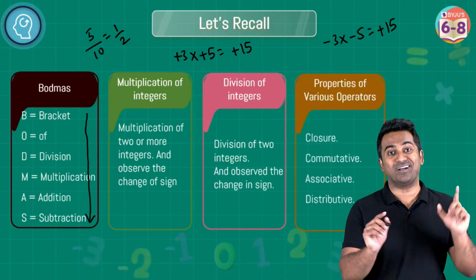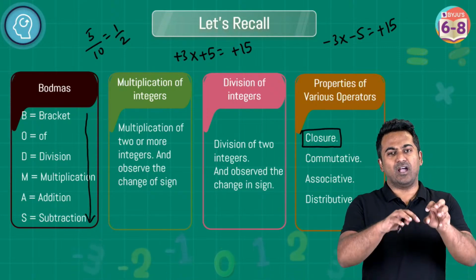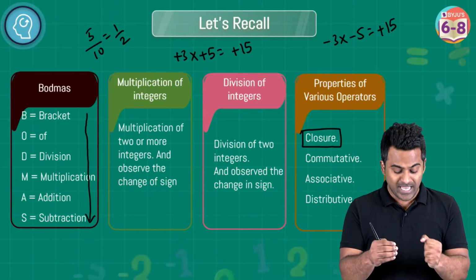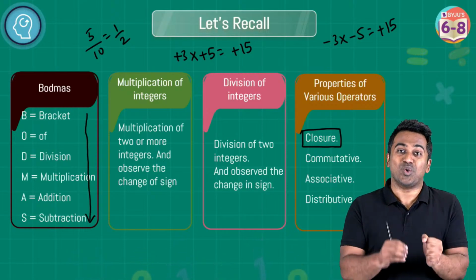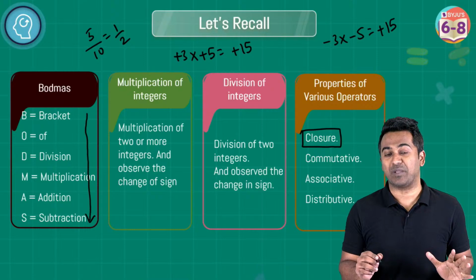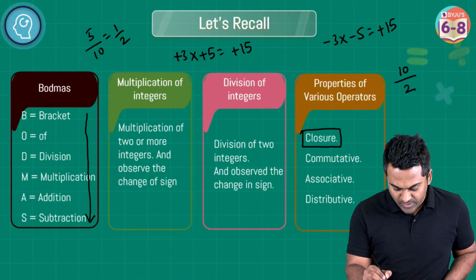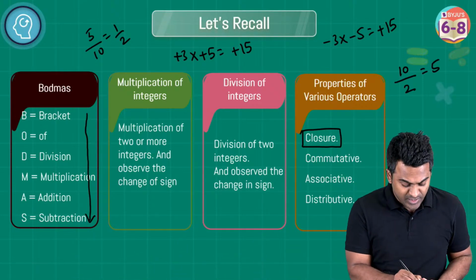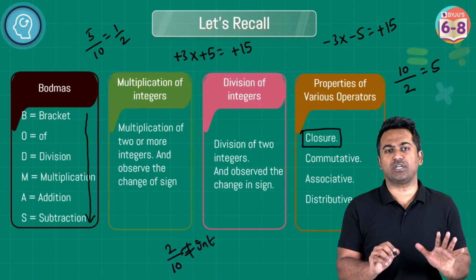And then I hope you remember these operations that we studied, the closure property. Right? Closure property applies to addition, because when you add two integers, the result is an integer. It also applies to subtraction. When you subtract one integer from the other, the result is, yes, always an integer. It applies to multiplication as well, but closure property is not applicable to division, because when you divide one integer by another, well, in some cases the result is an integer, but in other cases, the result may not be an integer. Like let's say I divide 2 by 10, the result is not going to be an integer. So closure doesn't apply to division.